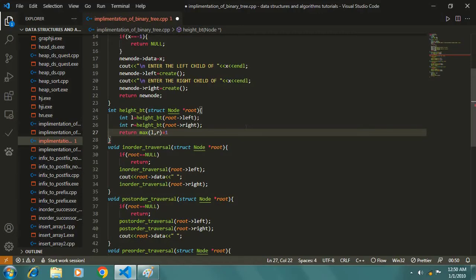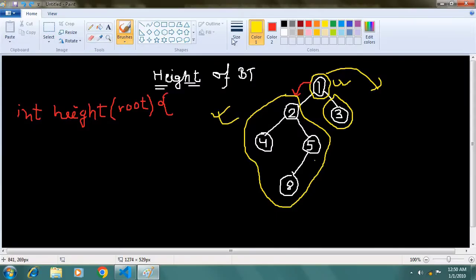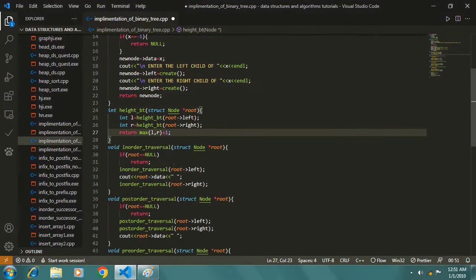So if the left subtree height is maximum, I simply return left plus 1. If the right subtree is maximum, I return right plus 1. Why am I adding 1 here? Because suppose the height of a left subtree is, let's say, 3. I also need to count this node, because I am not including it in the height according to my second definition. So I add this 1 and the height will be 4. Clear? So this is a recursive function which will run.